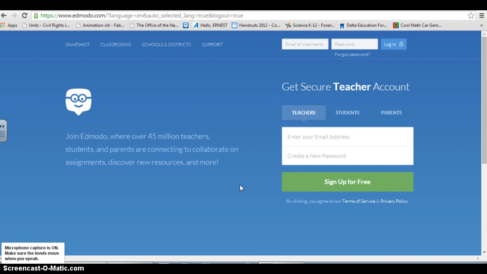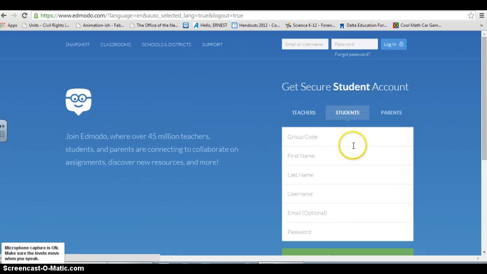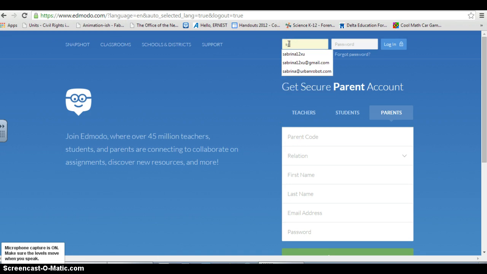So here you have the basic logon page. Teachers log on, you can get an account. You usually need to associate one email address with the account. You cannot create another account with the same email address. Students can log in. All they'll need is a group code to join. They do not need an email address. And then the same with parents. If you give the parents the group code or the parent code, they can go in and monitor the account as well. So we're going to go in